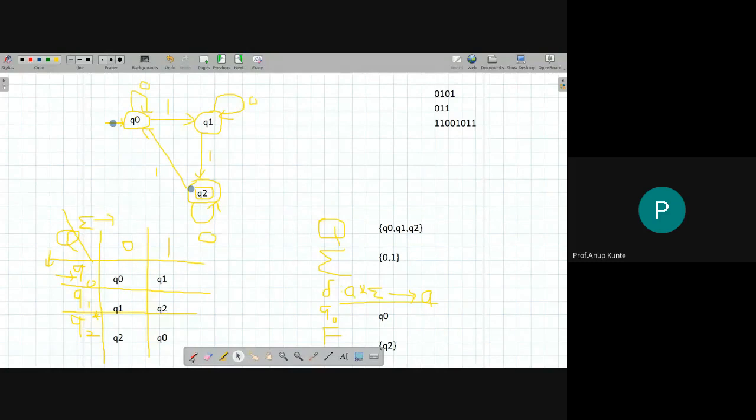Now we will see, if I give input 0, 1, 0, 1, in which state the device will end up. Initially the device always starts in Q0. So on input 0, it will stay in Q0. Then on input 1, it will go to Q1. So far the device has seen the prefix